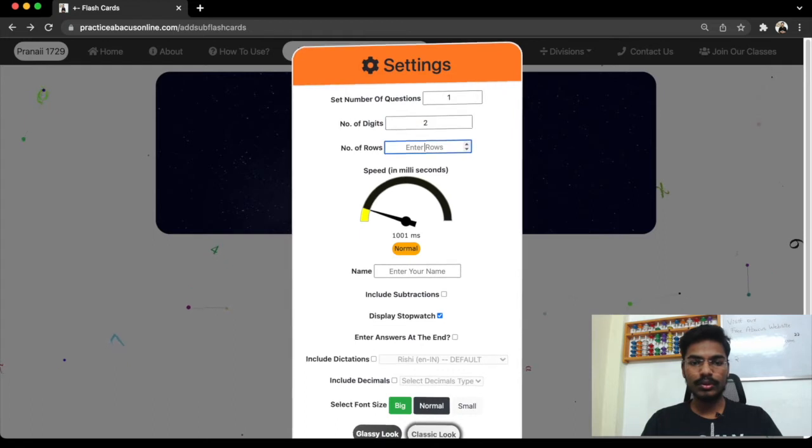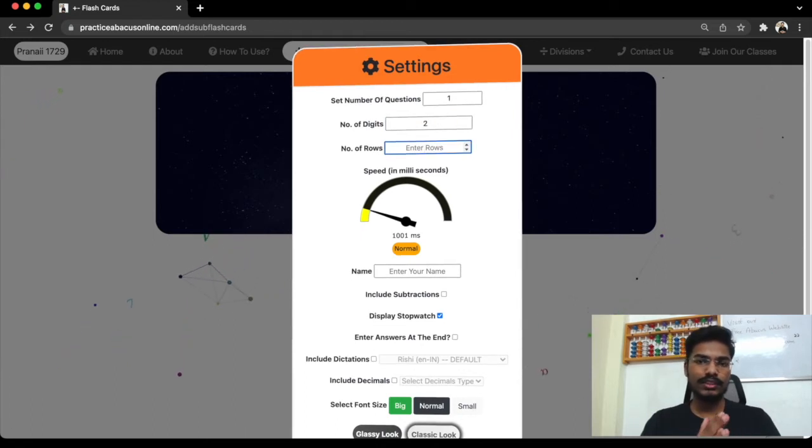Number of rows means how many times the numbers will be flashing. For example, 2 digit 3 rows means 11 plus 12 plus 13 is 2 digit 3 rows. If it is 2 digit 5 rows, 10 plus 11 plus 12 plus 13 plus 14, so it is 2 digit 5 rows. Now if you want to practice, let's say we'll do only a small one, 3 rows, so enter